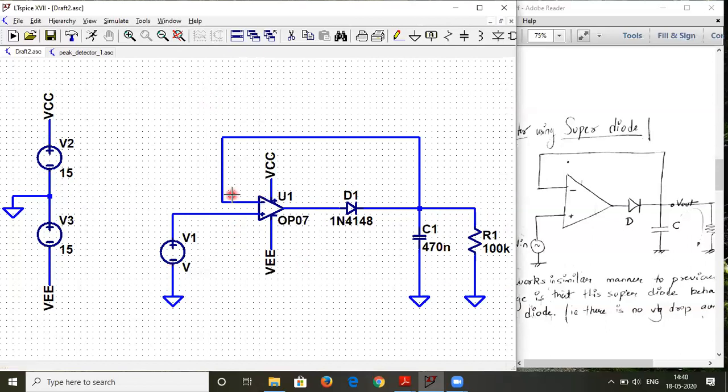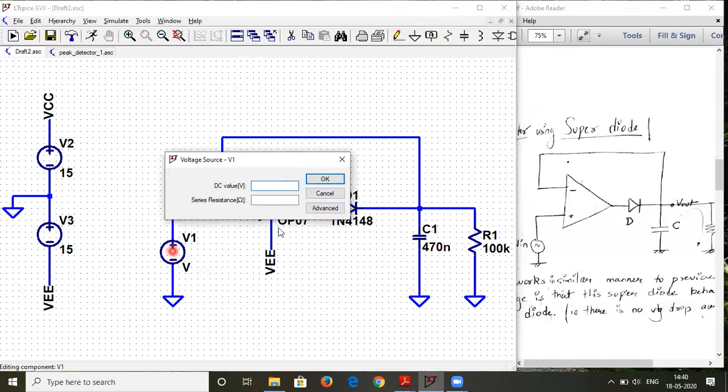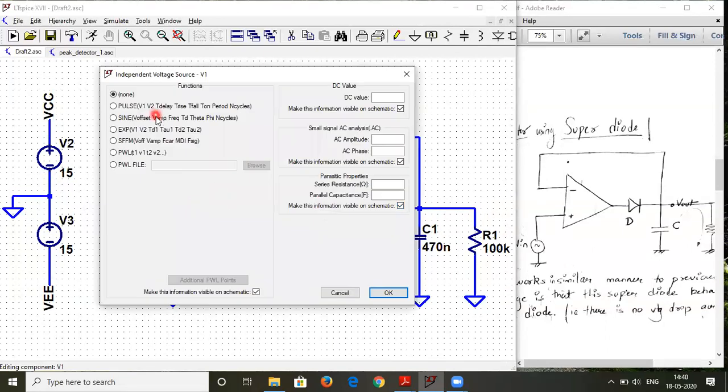We have to label the input and the output. So input will be your sinusoidal signal. So right click on the input source, go to advanced, select sine and click on DC. Amplitude again I want to give as, let's say, around 1 volt peak. Frequency this time is, let's say, around 100, and delay time I can give around 30, and the rest is 0. The rest you can keep like this and click on OK.